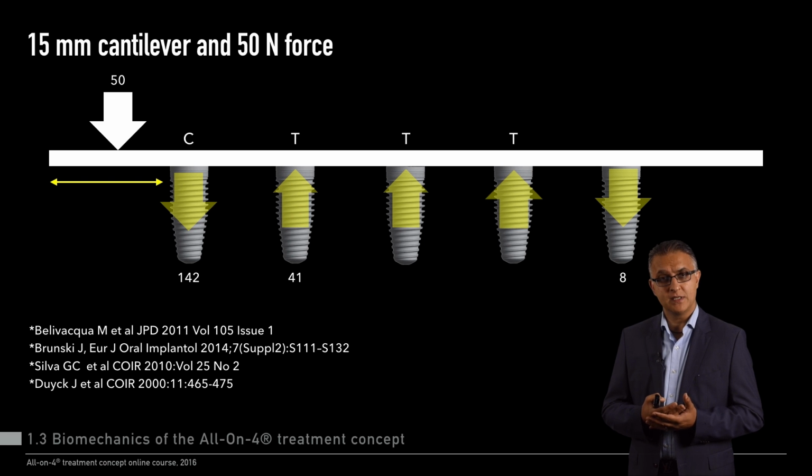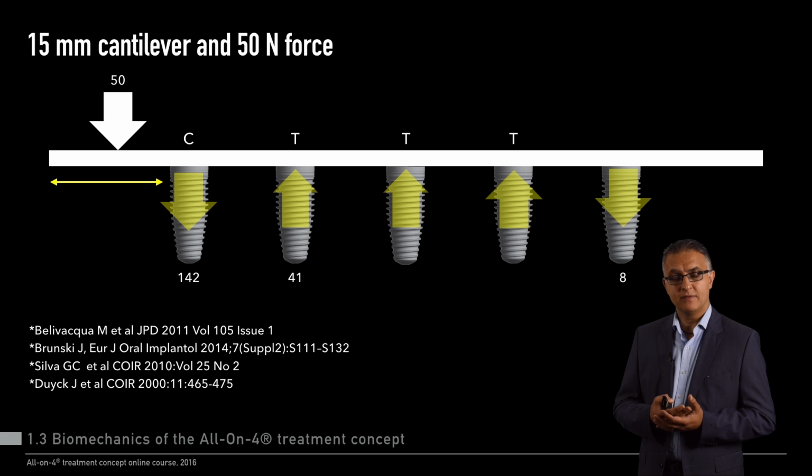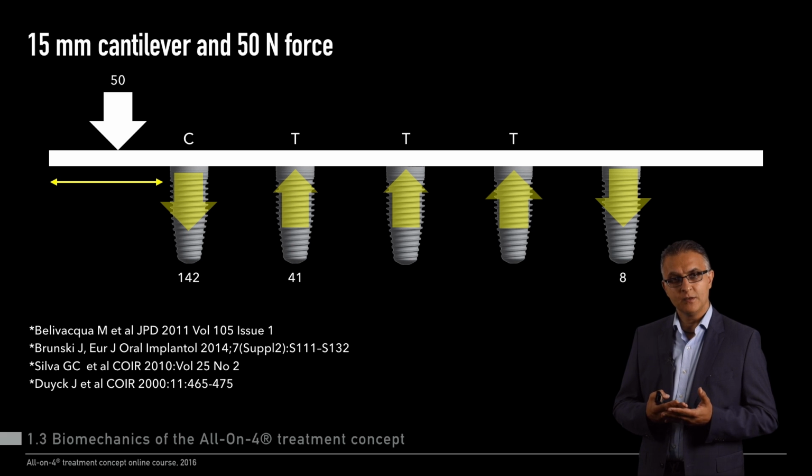So on the screen, what you're seeing is a 5-implant scenario, a 15mm cantilever and 15 Newton force. And you can see the forces are predominantly on the distal 2 implants. The most distal implant is under compression, and the one further forward to it is under tension. The implant in the middle hardly contributes to anchorage of the prosthesis, and this is also likened to 2 implants